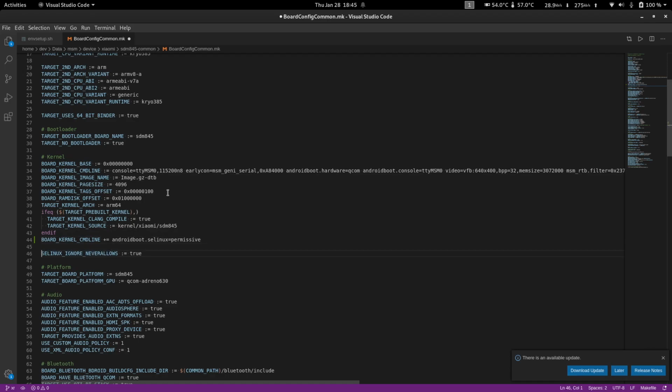Also, you shouldn't, but for debugging purposes, you can set the SELinux neverallows flag to true. In some cases you might actually need this flag if you have some feature in the ROM that needs to ignore some SELinux policies, but that could again have security consequences if there's an exploit available, but that is a whole new topic.